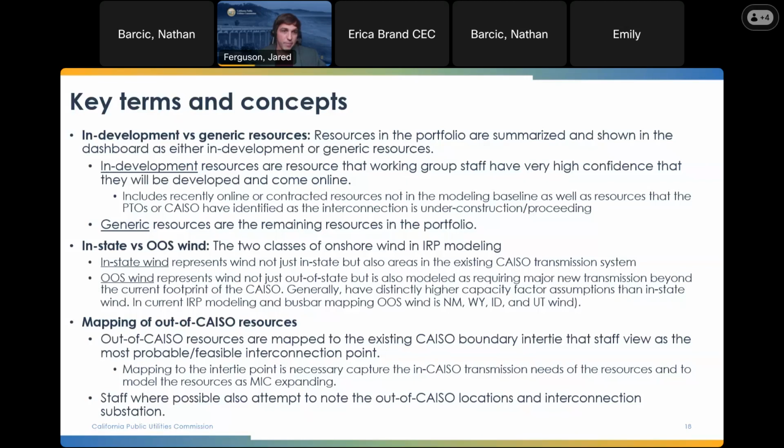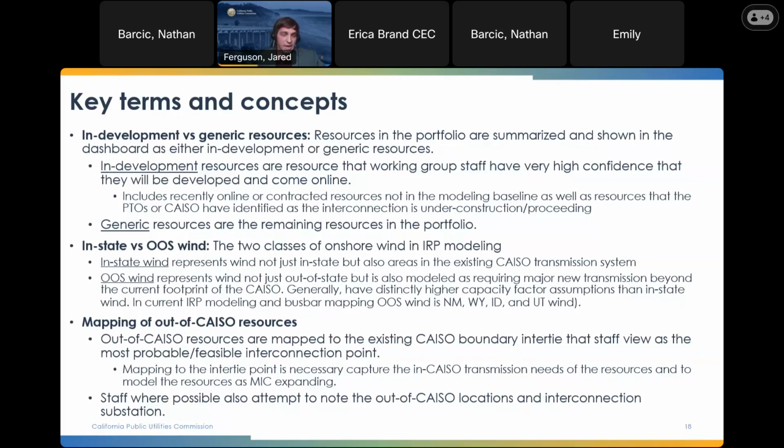The last concept I want to point out is specifically related to the busbar mapping and particularly how that mapping is presented in the tables and summaries in the dashboard and supporting material, and that is for out of ISO resources. So resources, like in Idaho, in New Mexico, in the Imperial Valley, and interconnecting to the IID system, are mapped to the likely intertie point with the